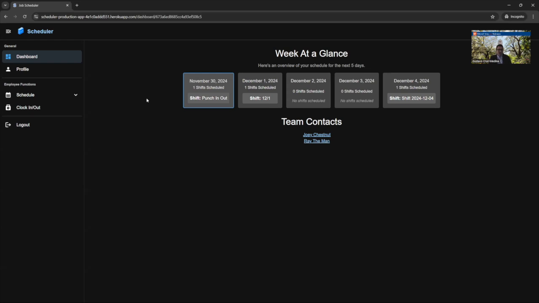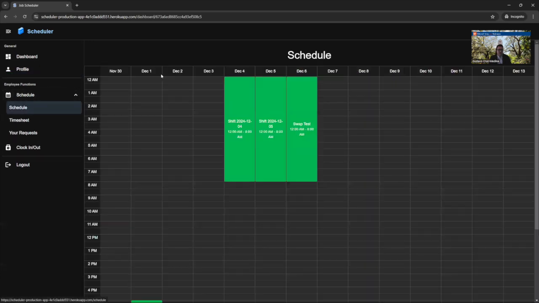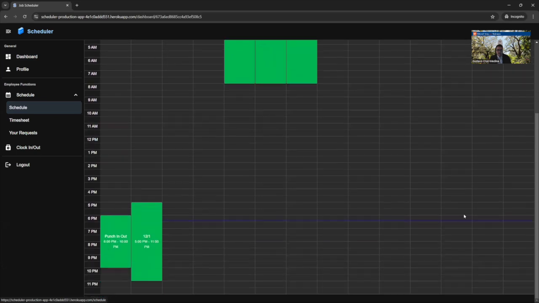Here, an employee gets an initial glance of their week with their shift information, if they have any. On the profile, they see their employee information with an update with information on how to update that. On their schedule, they see their current schedule with a running time indicator here. So this person has a shift that started at 6 and it's currently past that, as denoted by the running